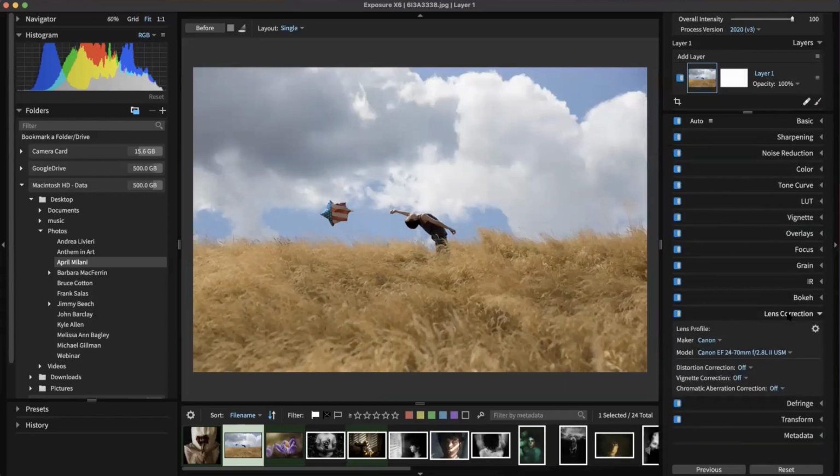Okay, so lens correction is something you do in Exposure. It's both automatic and manual, and so you can see for this image in particular, we are,